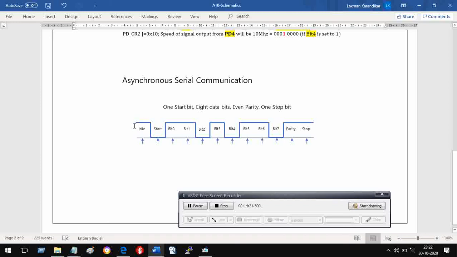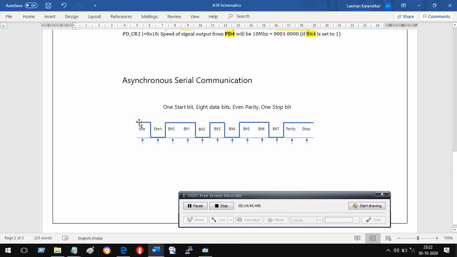Normally, when you are not sending data, the line is at logic 1. The moment you start sending, the bit becomes 0. Before you start sending, the line is idling, and when it is idling, it has to be at logic 1.